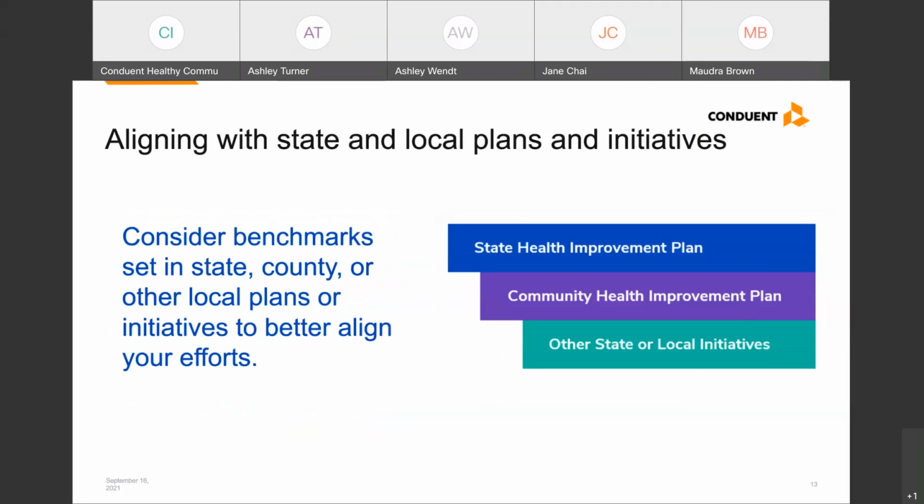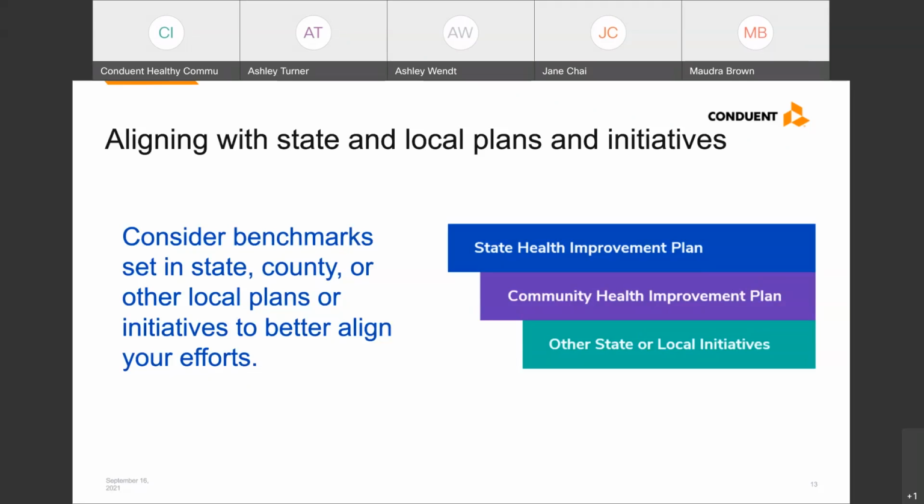Aligning your efforts with state or local initiatives is another way to build in some synergies in your plan. State health improvement plans can provide a framework showing priorities and benchmarks at the state level. So while you may not adopt the state's benchmarks as your targets, they may be helpful in framing your local strategies. If you're a local agency or hospital, consider how your strategies might align with the local health department's health and community health improvement plan, their CHIP, which will also have some local targets identified.